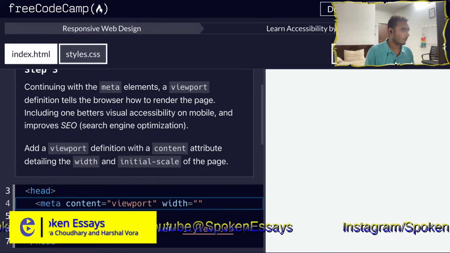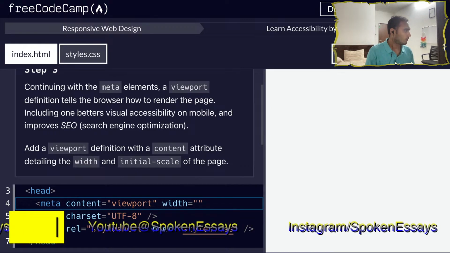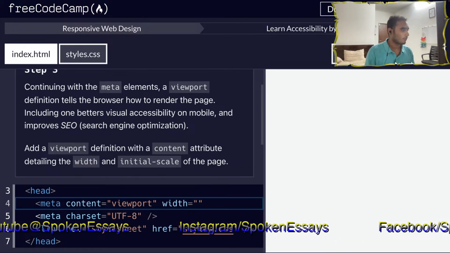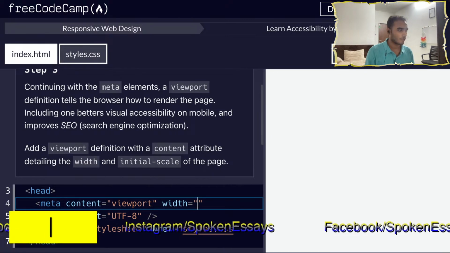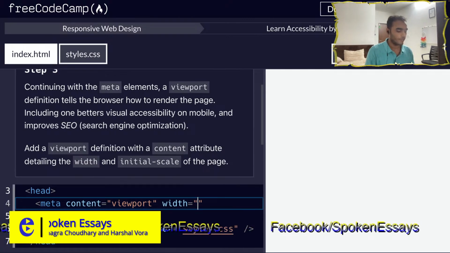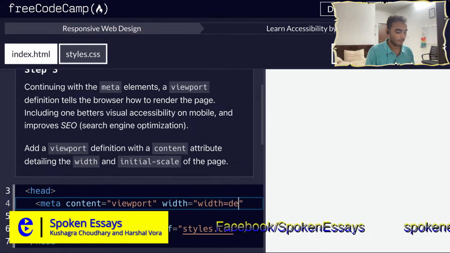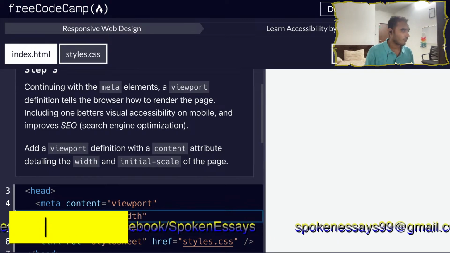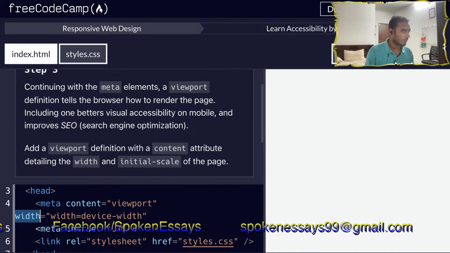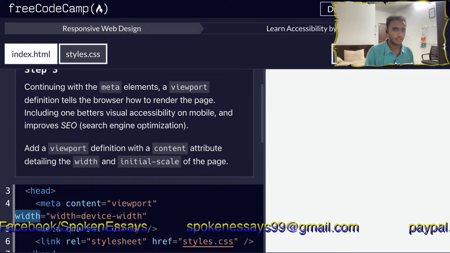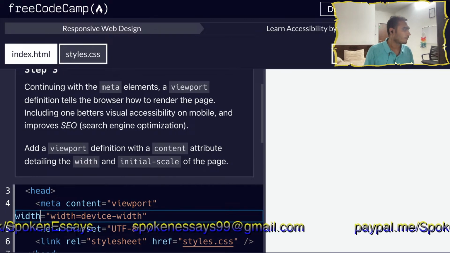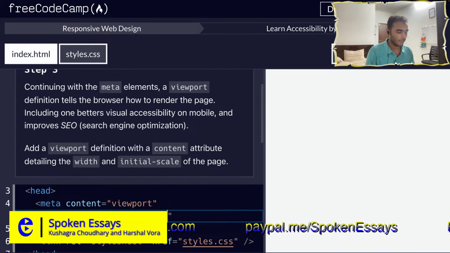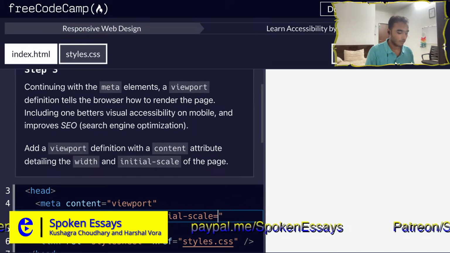in width we will put in double quotes, okay, for width we will write, okay, sorry, I think I'm missing something. So for this we will write width equals device hyphen width. Maybe I'm missing something. This property should be different. Instead of width I should be writing something else, but I'm going to use the help of the hint. Moving on, it will also ask us to put the initial scale, which will be initial hyphen scale equals 1.0,